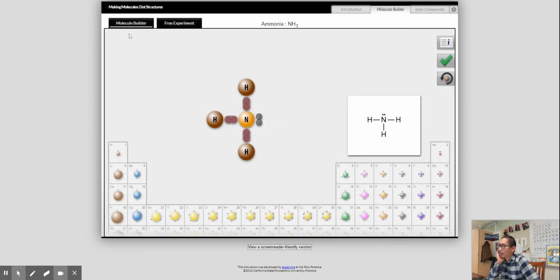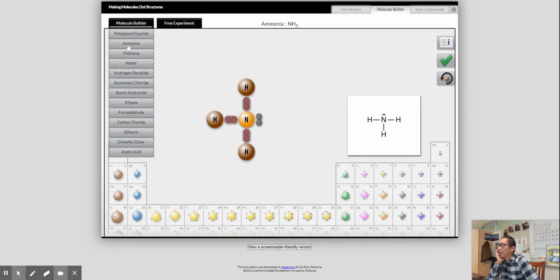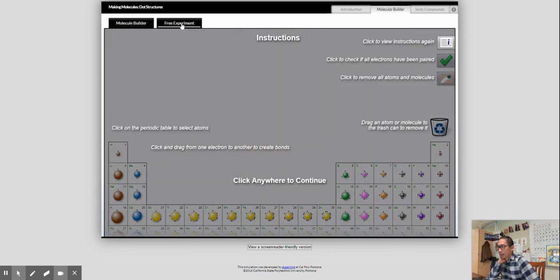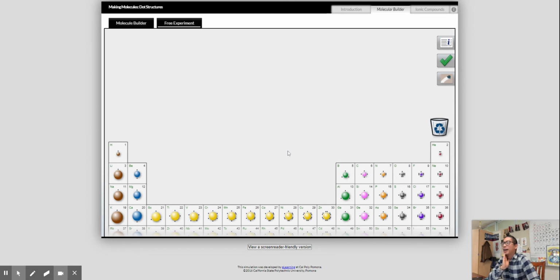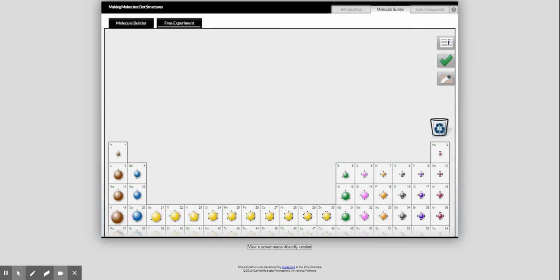Okay, so you'll be building a couple from this list over here. Pay attention to the names, and you'll be building a few from here. After that, you're going to click on Free Experiment, where you can actually select atoms yourself and build it yourself. So one of the molecules that you're building will be